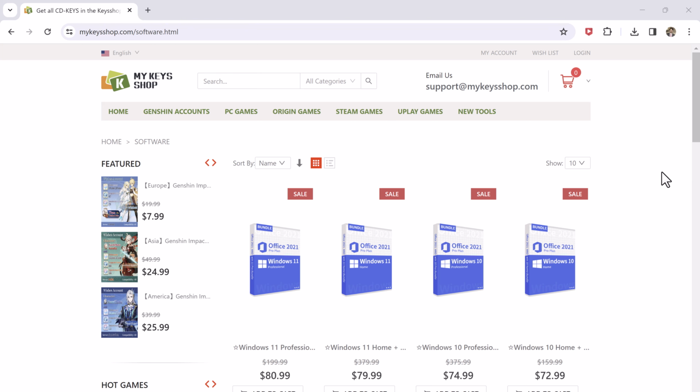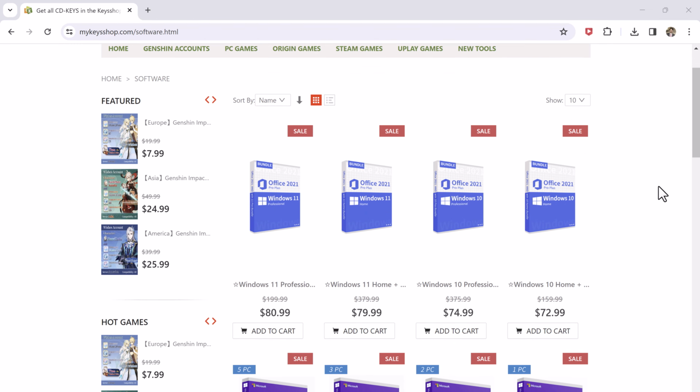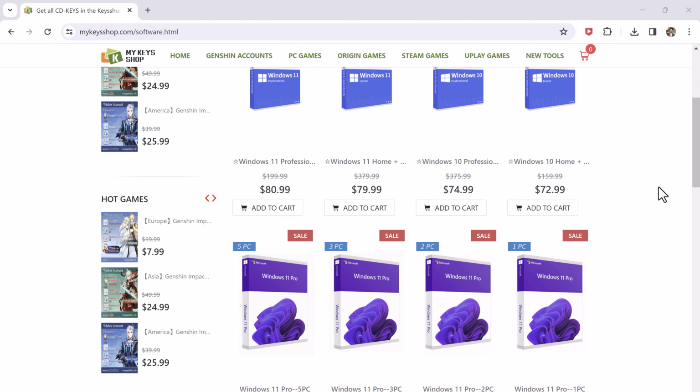an affordable price. As you know, Windows is one of the most popular operating systems, but it can be quite